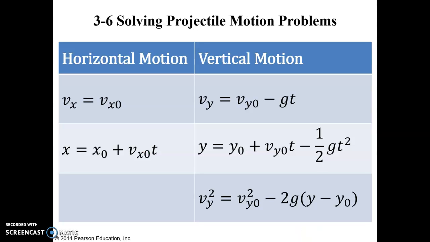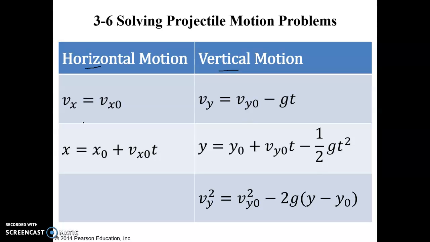So in the last chapter, we had 4 constant acceleration equations that we referred back to for several of the problems that we had to solve. And so these 5 equations for projectile motion are very similar to those constant acceleration equations. You'll notice, though, we have an additional equation, and they're separated into these 2 columns. We have to treat horizontal and vertical motion separately because of the way that vertical motion is affected by gravity